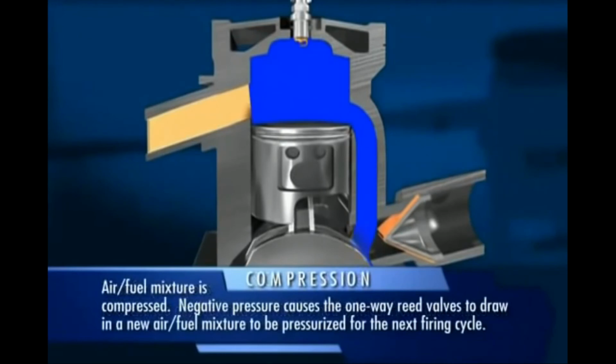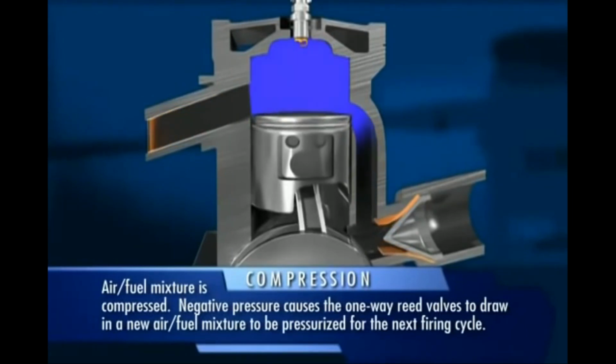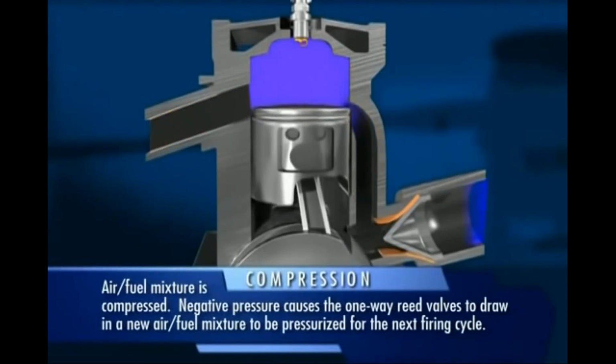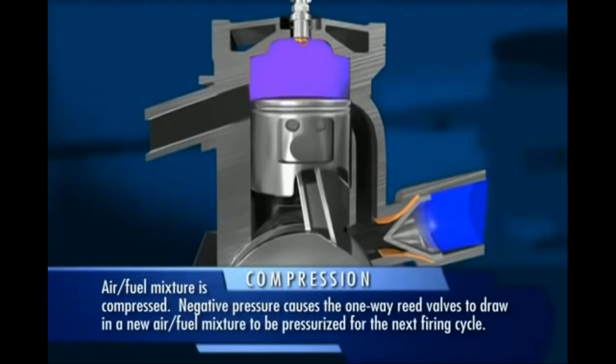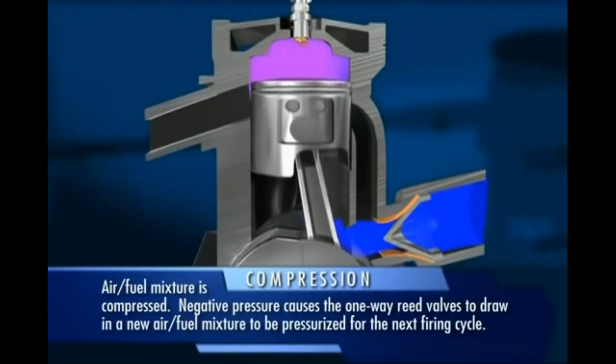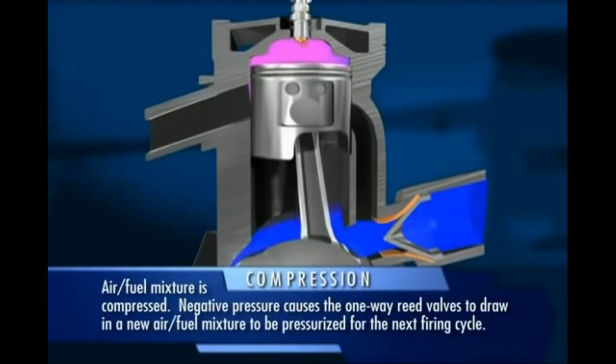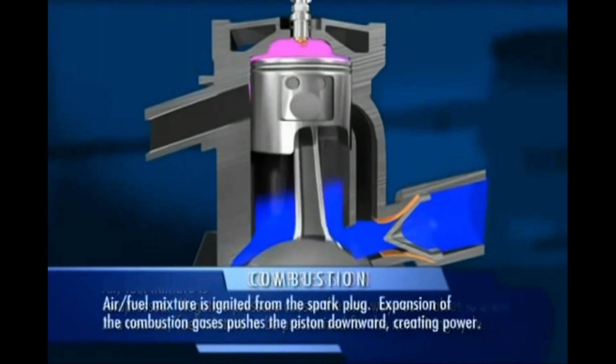On the compression stroke, the piston moves upward. The scavenging or intake port and exhaust port close, and the air-fuel mixture is compressed inside the cylinder. As this happens, the crankcase develops negative pressure, a vacuum, that pulls open one-way reed valves to draw new air-fuel into the crankcase to be pressurized and get ready for the next firing cycle. Just before the